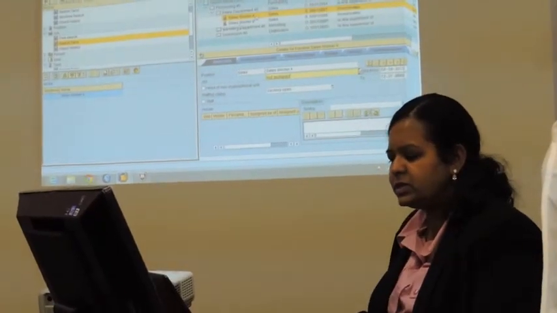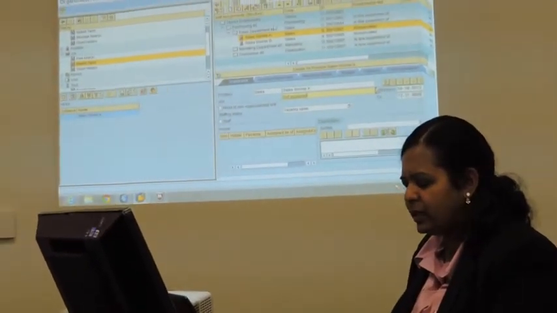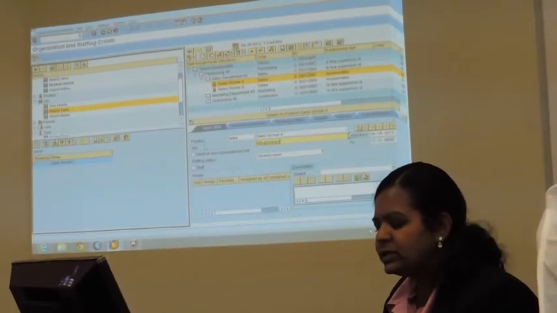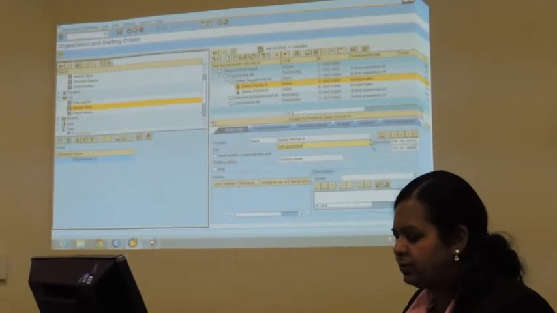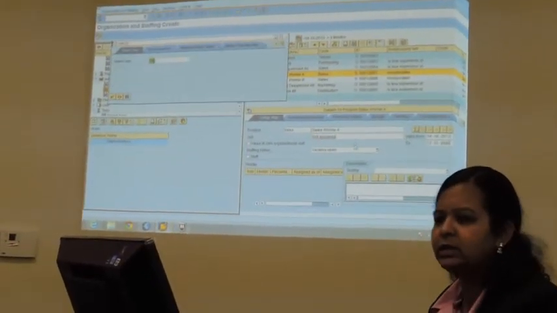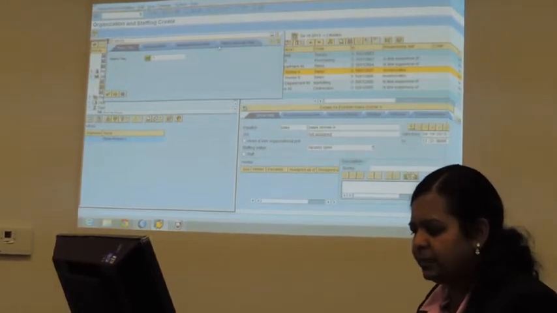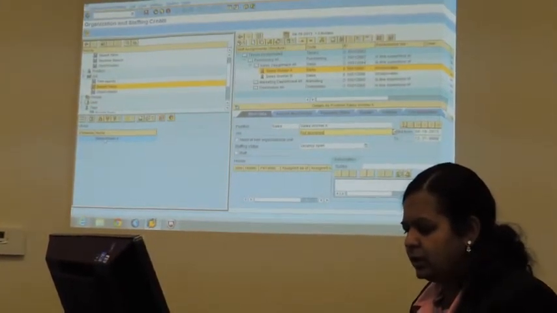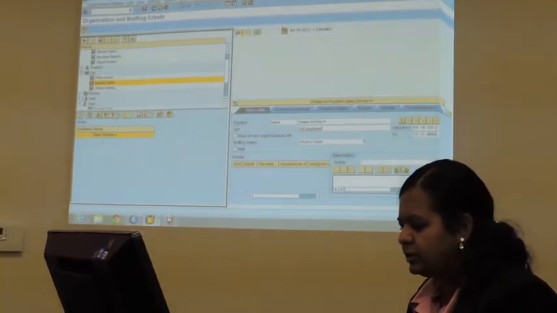So we created this position called sales worker A, and now I'm going to put in some basic data. We're going to assign the job that he's going to perform, and for that I'm going to pick up a job that we created earlier along with the task catalog. So I pulled up this sales worker A here. I'm going to double check.